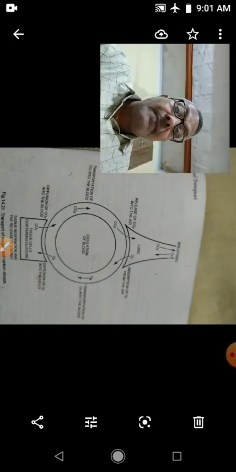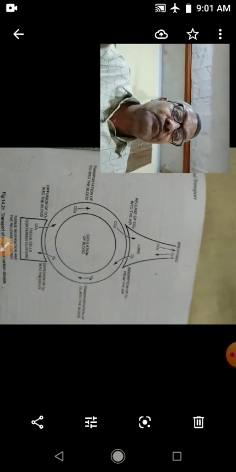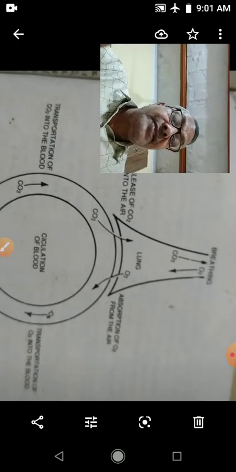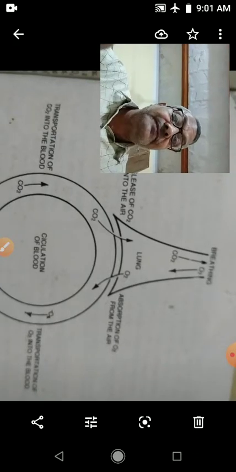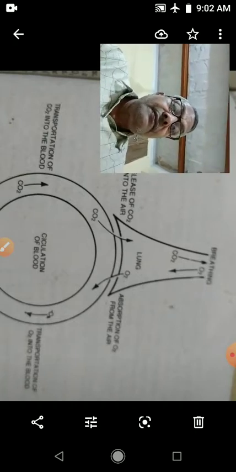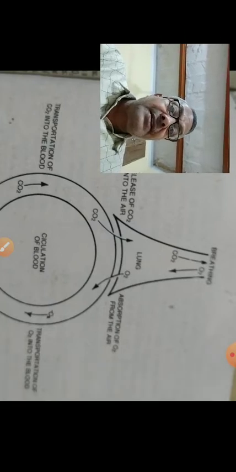Children, in this class I am going to teach you transport of oxygen and carbon dioxide. Children, you studied we are taking fresh air into the lungs. Then from the lungs oxygen gas diffuses into the blood capillaries. The blood of the blood capillaries